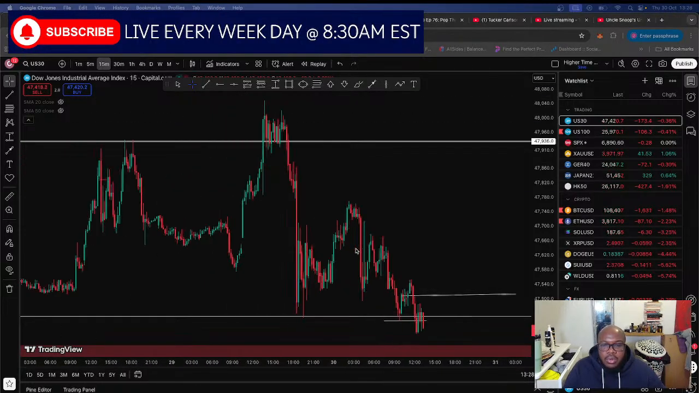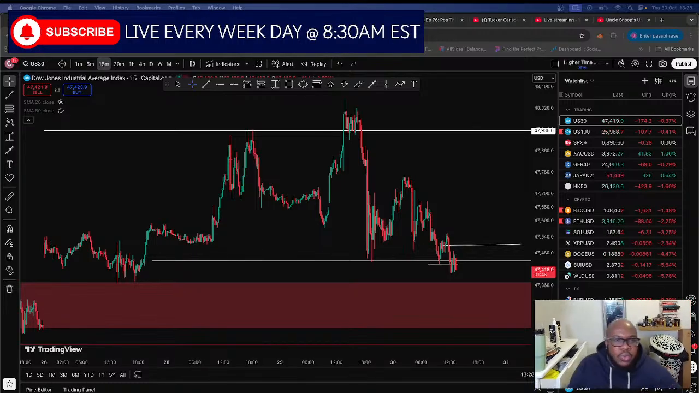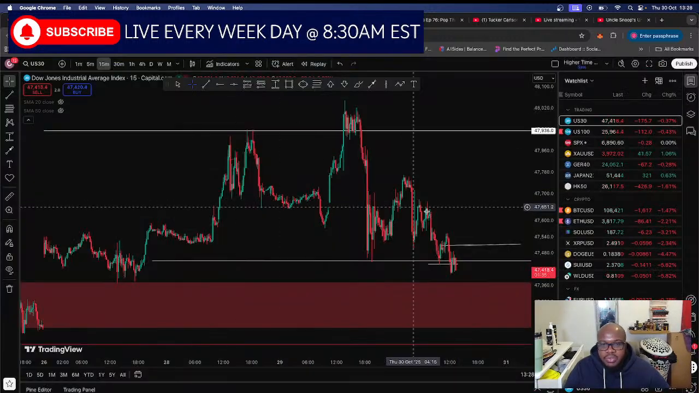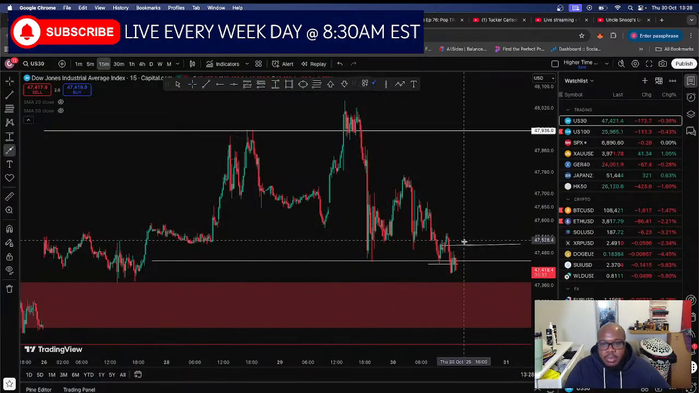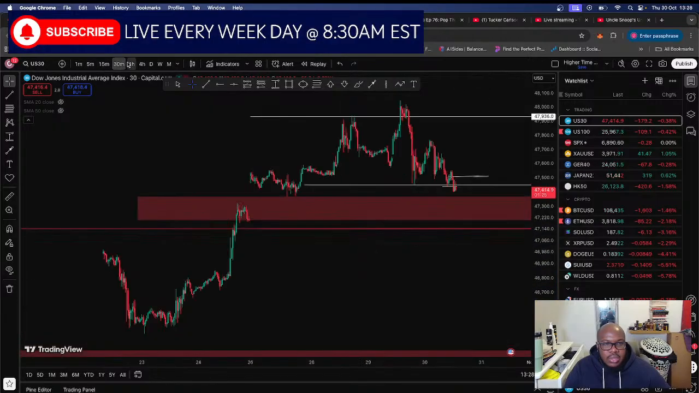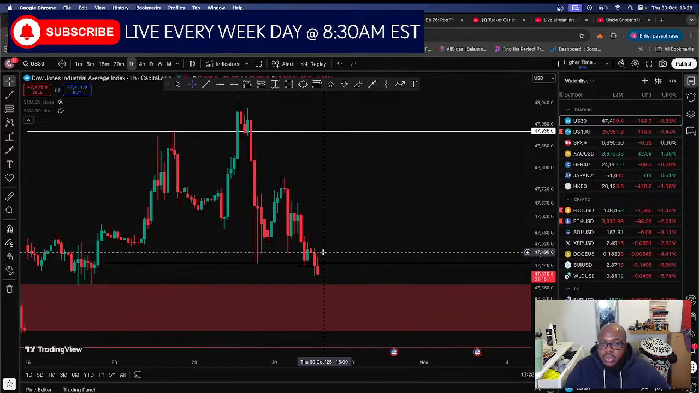We've got a couple of minutes until the market opens, and in this session, as stated in our pre-market analysis, we're looking for buy trades inside our opening gap, which is near our previous day's lows. You want to see the rally from the gap shift market momentum into an uptrend. So what we're looking for is price to come somewhere in this gap, to rally higher, and to shift the hourly chart into an uptrend by breaching this level,